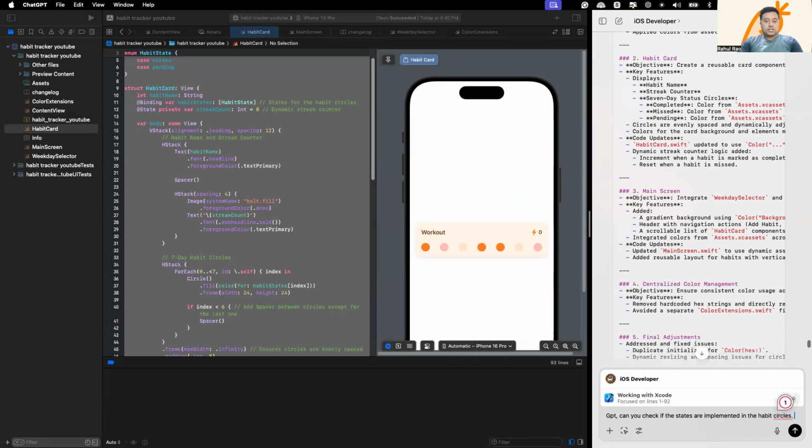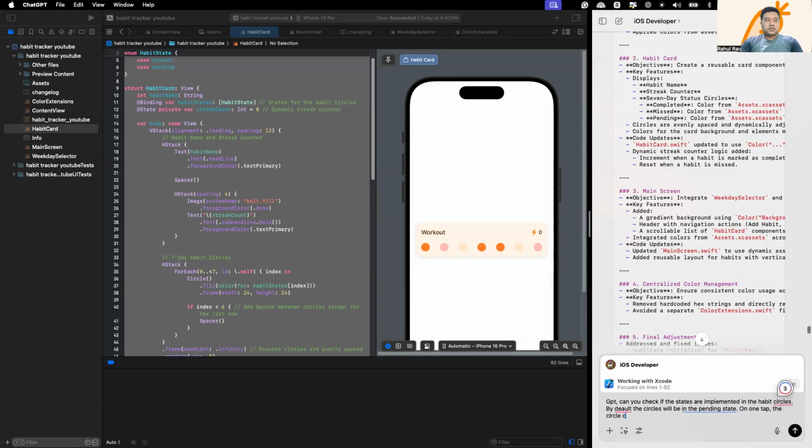By default, circles will be implemented in pending state, and on one tap,